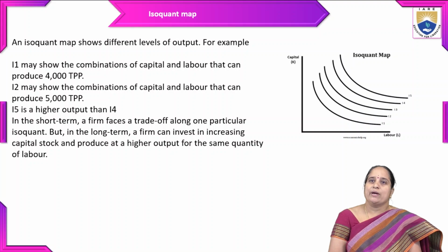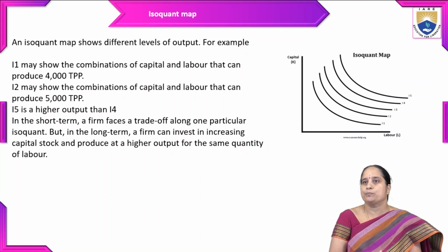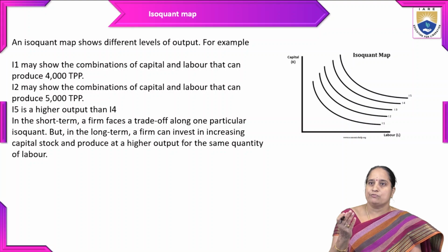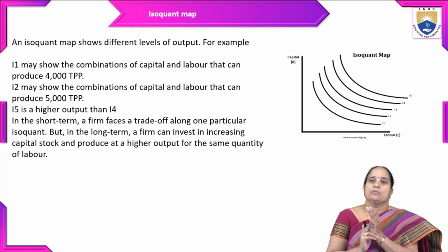Then comes the isoquant map. An isoquant map shows different levels of output. For example, level 1 shows the combinations of capital and labor that can produce 4000 total production, and level 2 shows the combinations of capital and labor that can produce 5000 total production, and